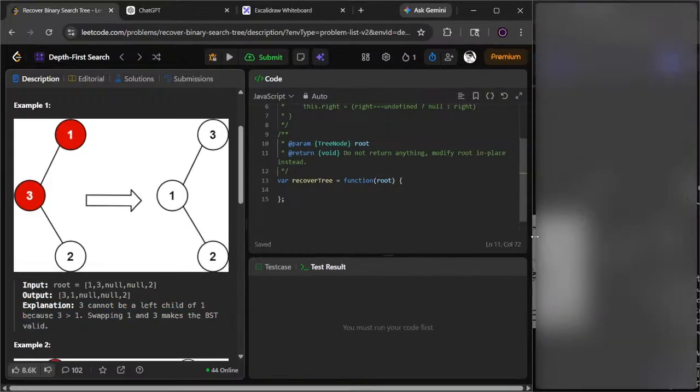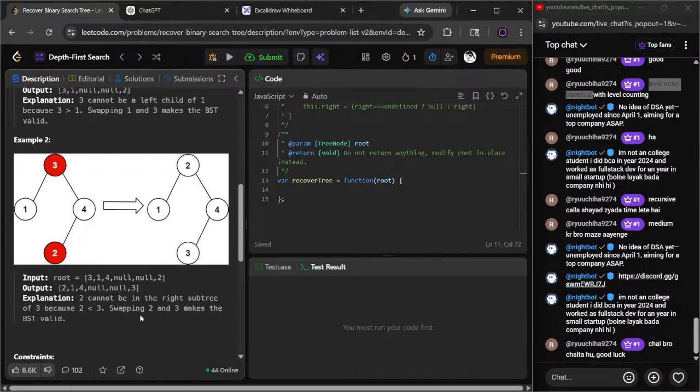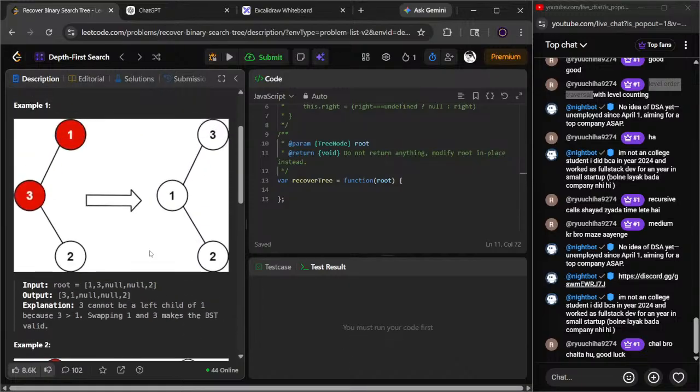Okay, BST. What is BST? BST तो मैंने किया ही नहीं। 2 can't be in the right subtree. ऐसे भी एक रूल होता है ना कि लेफ्ट नोड हमेशा पैरेंट नोड से बड़ा होना चाहिए, तो होता होगा। कॉलेज वगैरह में पढ़ा था, याद ही नहीं आ रहा कुछ होगा।